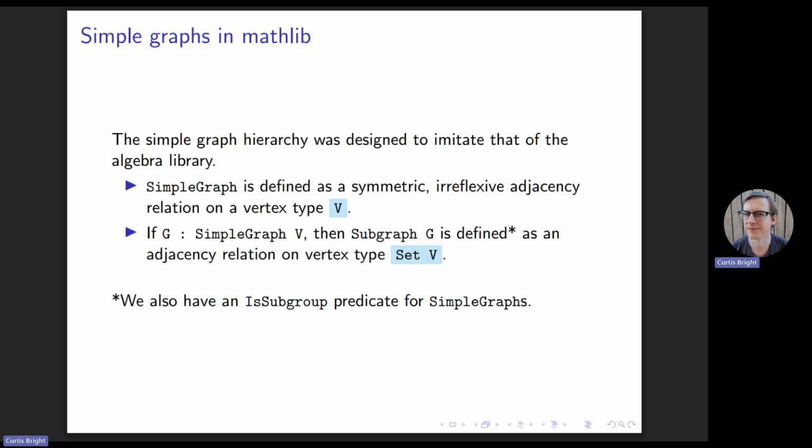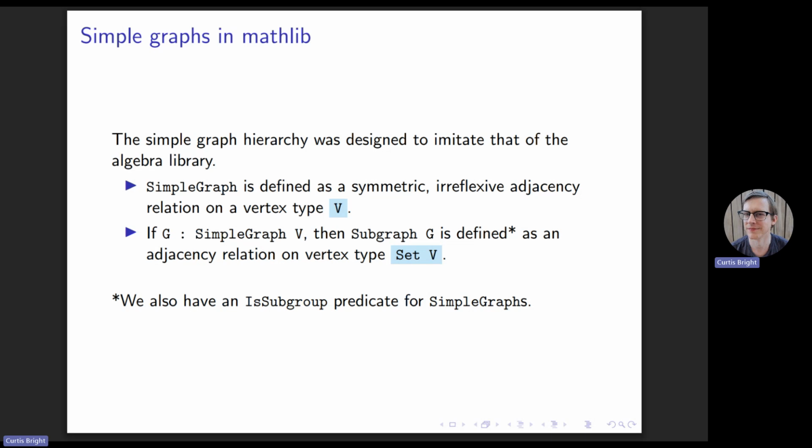So simple graph is defined as a symmetric irreflexive adjacency relation on a vertex type V. And then if G is a simple graph, we define subgraph G as an adjacency relation on the vertex type. This is a typo. It should be vertex type V with carrier set